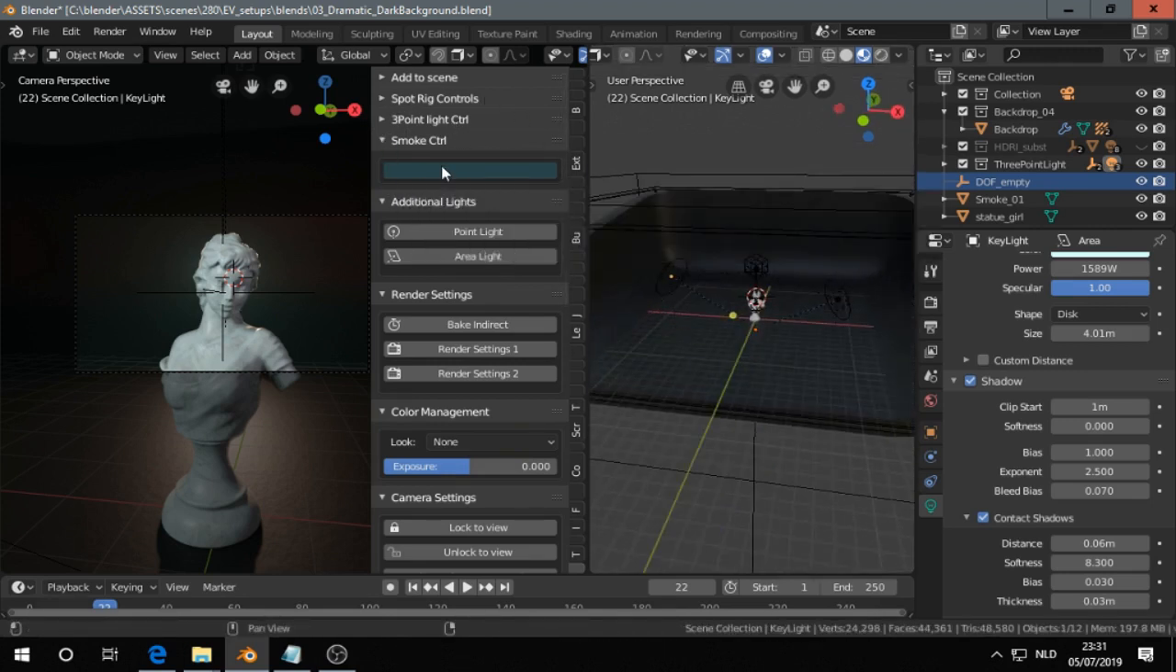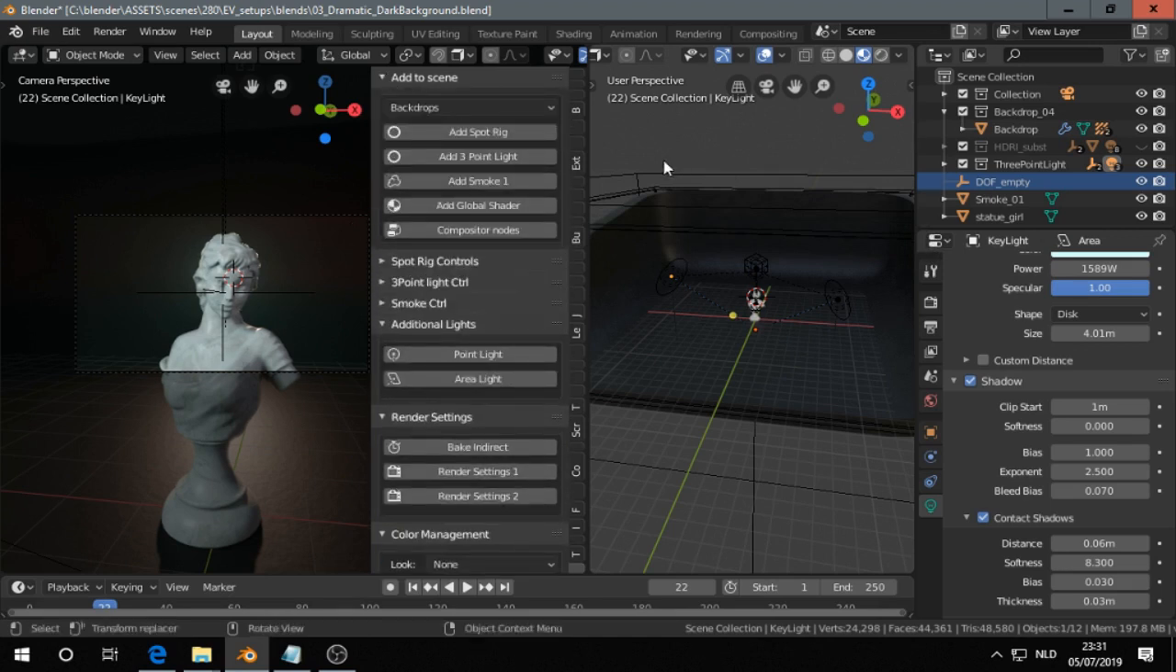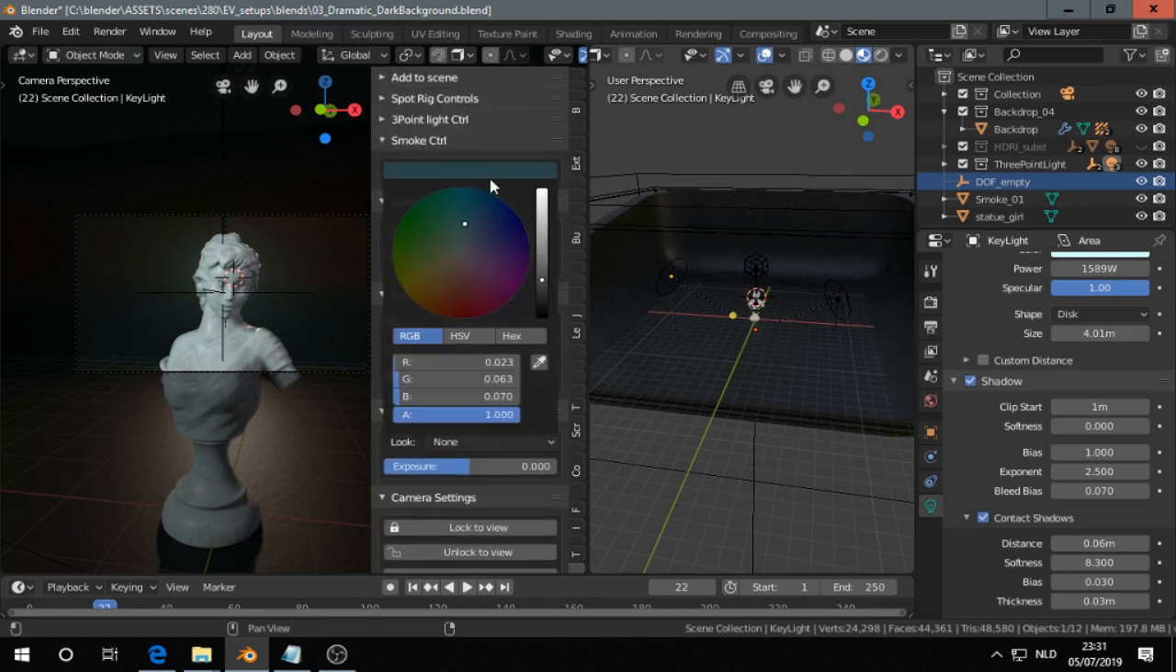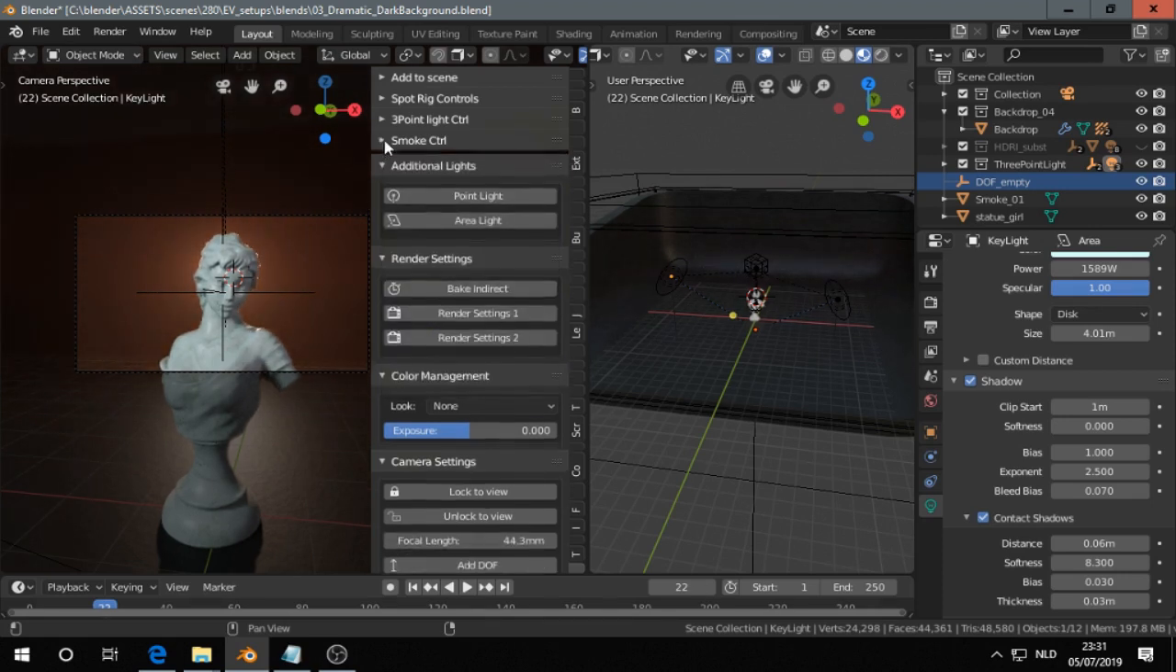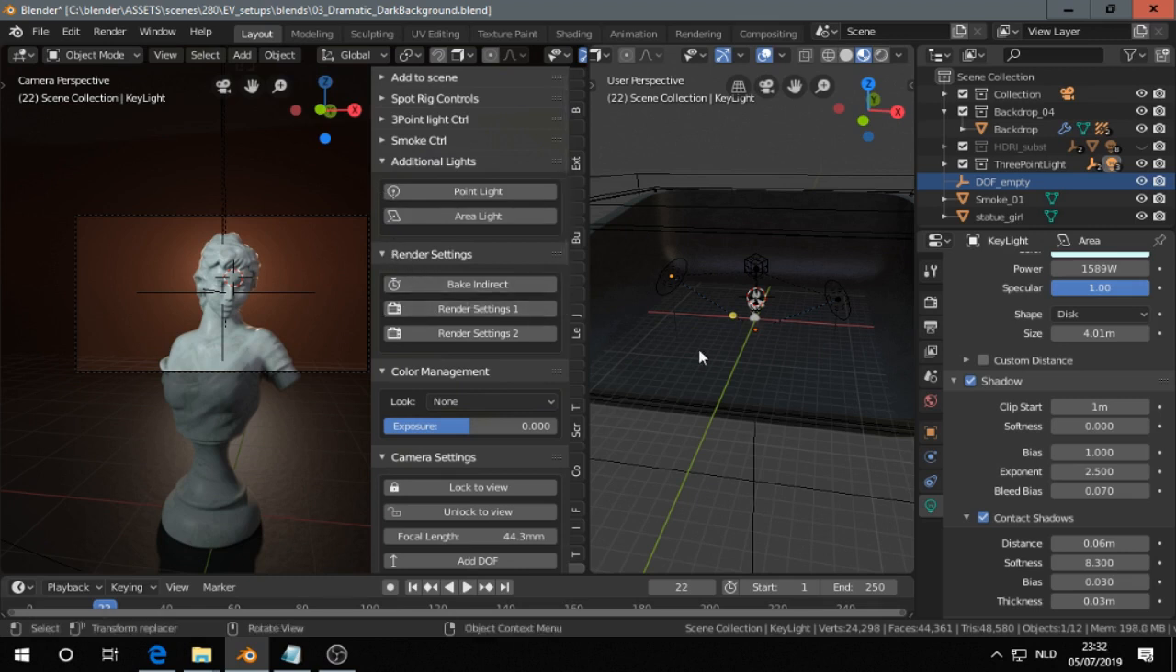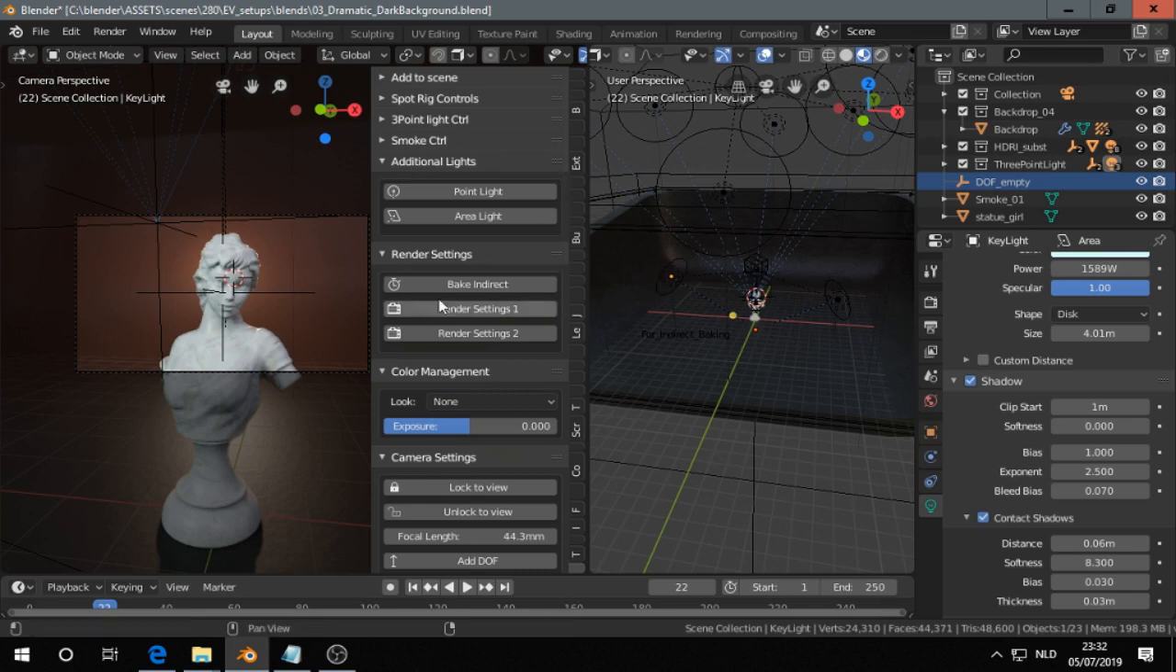And this is for the smoke. If you don't have smoke in the scene, you can here add smoke, and then this will pop up. When you change the light before you render, you always have to bake indirect light, and then you see here